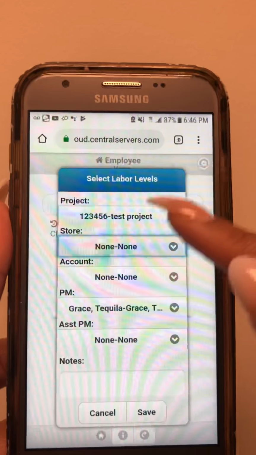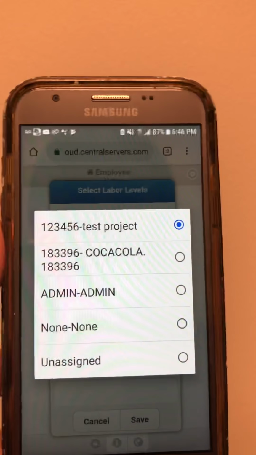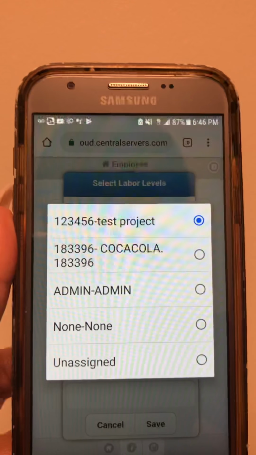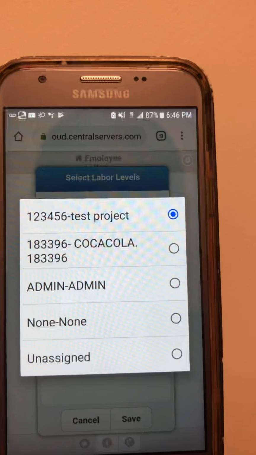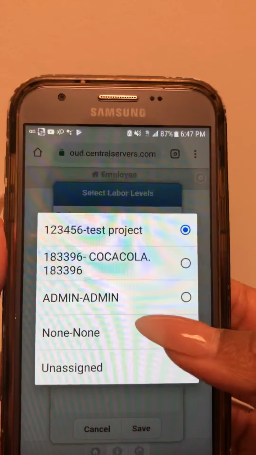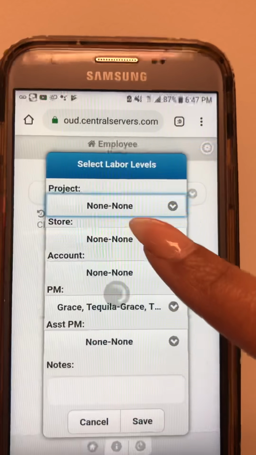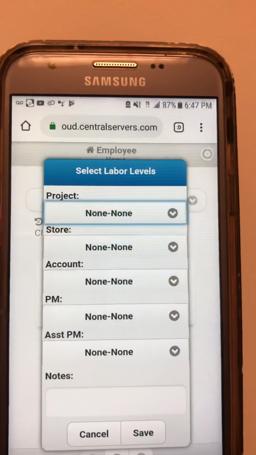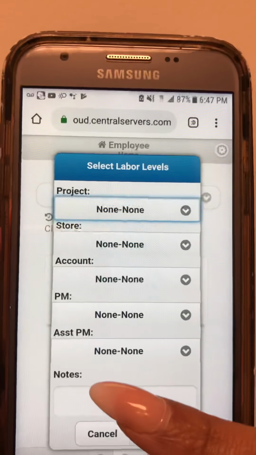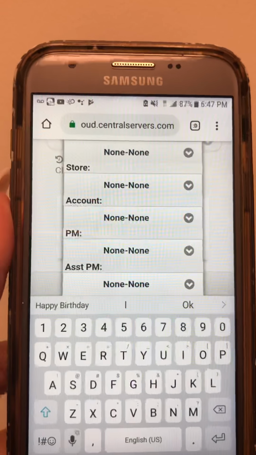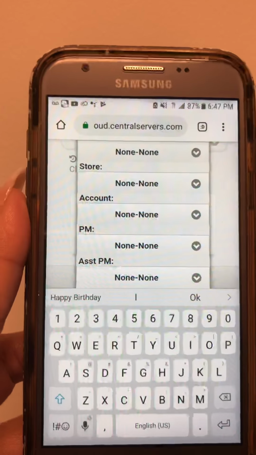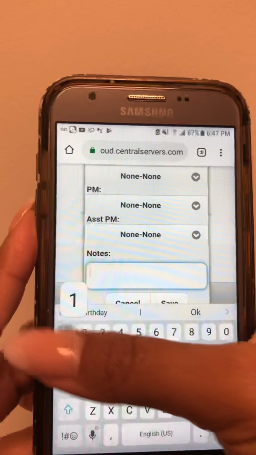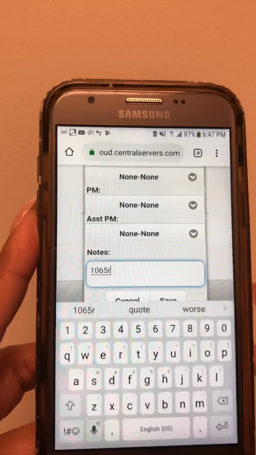Okay. And if you come in here and say you drop this list down and these are not the projects that you are working on, you don't want to just simply select any project. You're going to select none if you don't see yours, because we still want you to register your punch. So select none, and the system is going to go back and place nones in all of these. And then in the notes box here, you'll want to put in the project number that you received from your project manager. So you'll put that there,